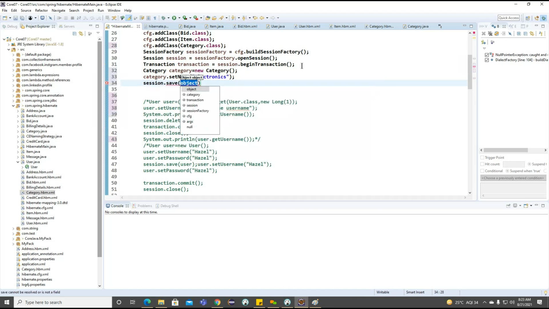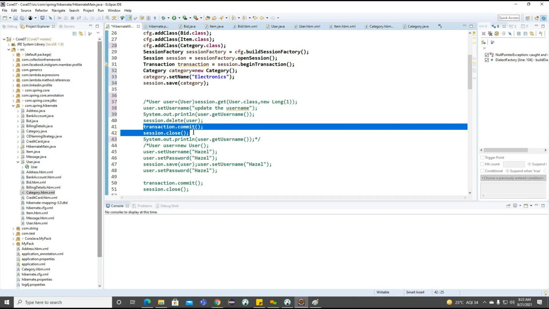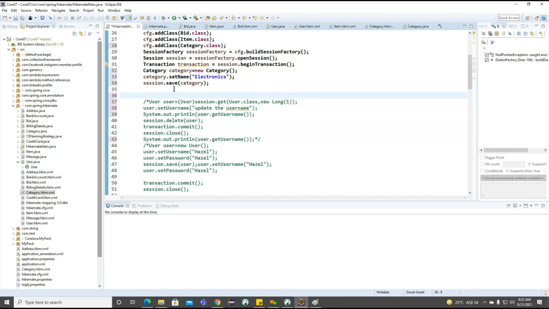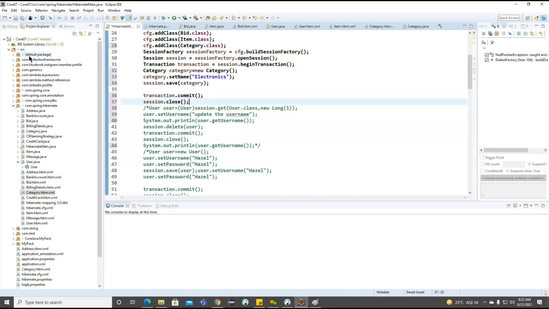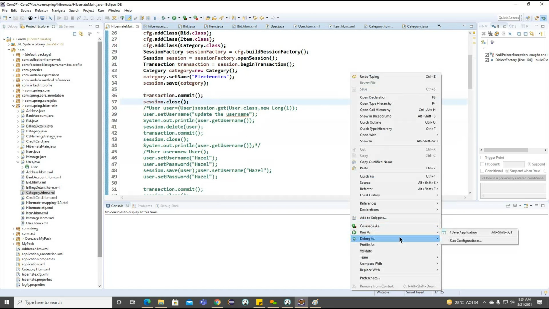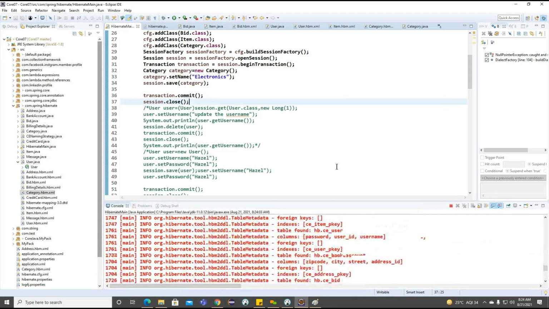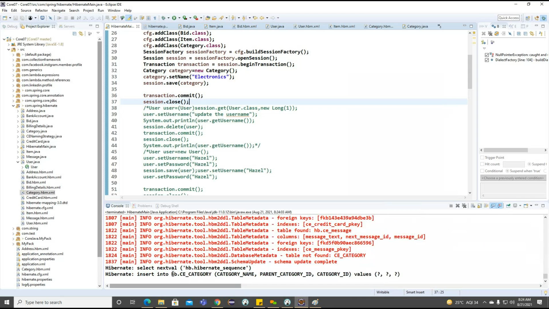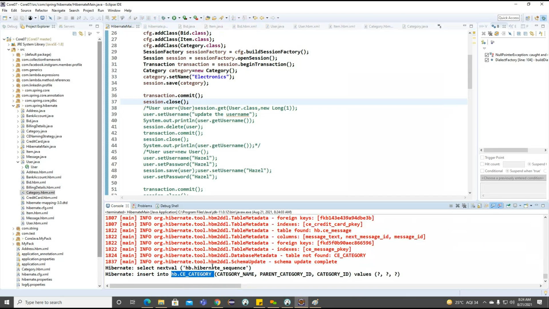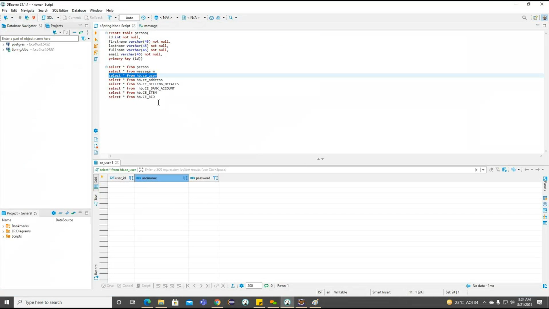Session dot save, category I'm saving it. And after saving this particular category, now I will copy the transaction commit and session dot close. We identified this is our main category. Now you can see that the category table is created here and it has inserted some values.